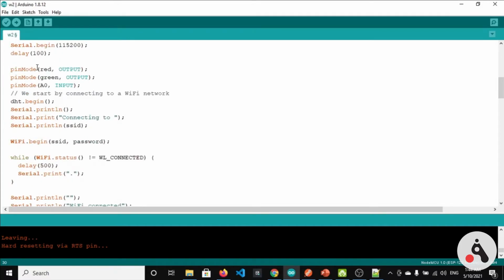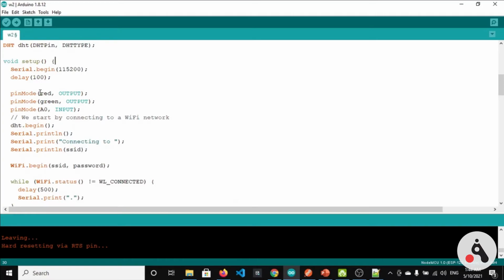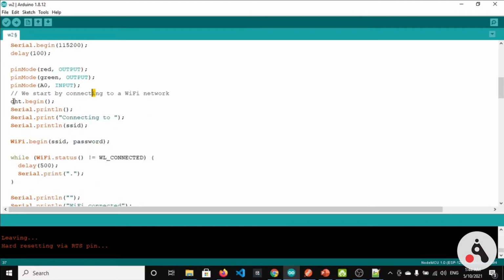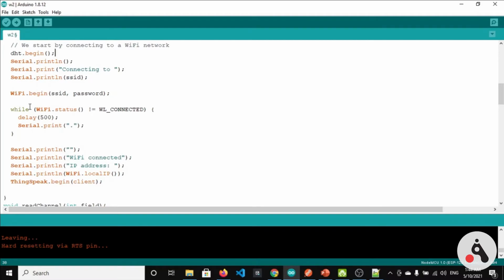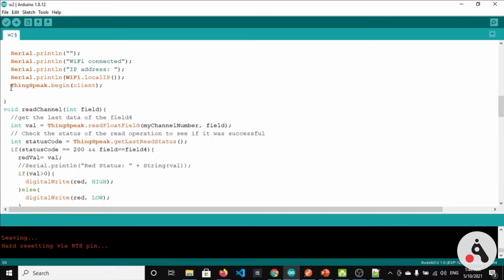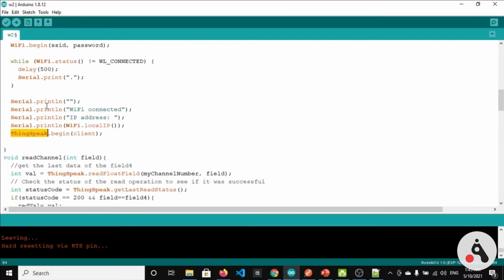This sketch starts from the setup method, and in the setup method we have initialized the pins, the red and green, basically 2 pins used as output, and A0 is the input pin which is connected to the LDR sensor, and DHT.begin is for initializing the DHT sensor. And now we are going to connect to our Wi-Fi using the WiFi.begin method, and after that we are going to initialize ThingSpeak using the ThingSpeak class.